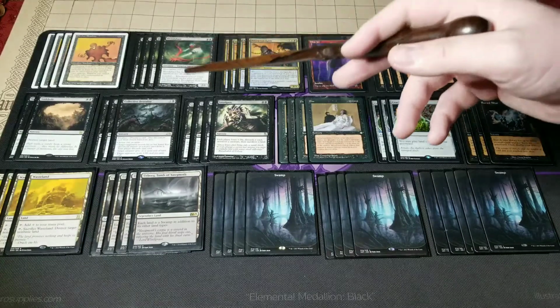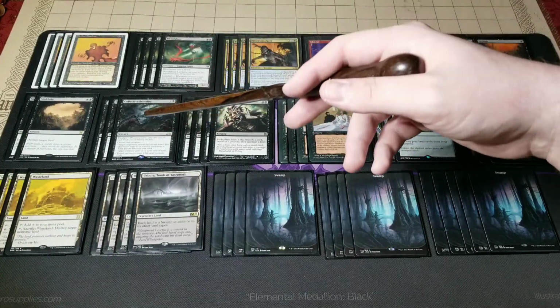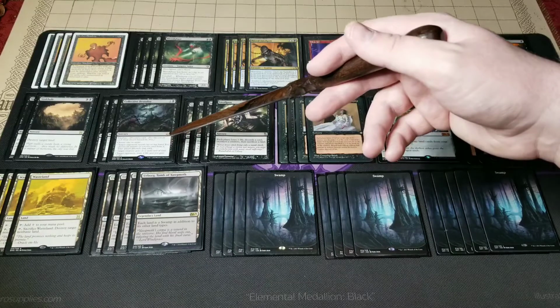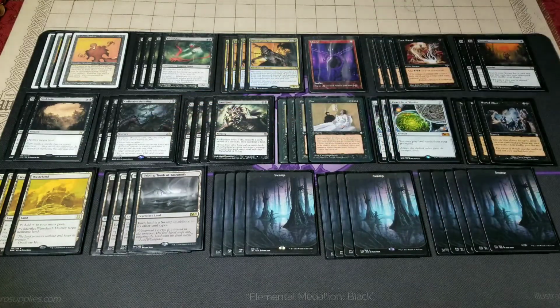But the effects are: target opponent reveals his or her hand, you choose an instant or sorcery card from it and they discard it, or target creature gets -2/-2, or target opponent loses 2 life and you gain 2 life. So there's a little bit of recovery from a lot of the stuff that hurts us. We hurt ourselves a fair bit in this deck, and that's because of the next 8 cards I'm going to talk about. So the next 8 cards are